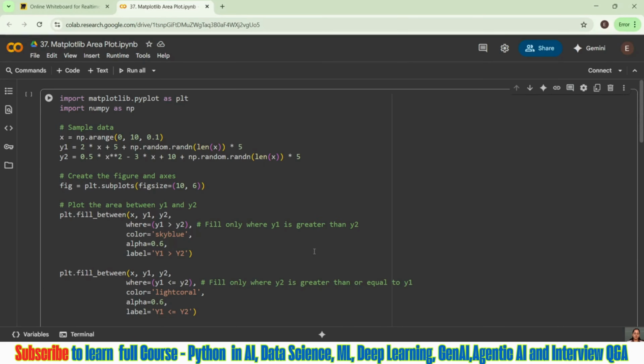Let us understand our Matplotlib area plot, guys. So again, this is a kind of plot. Area plot is a kind of plot of the Matplotlib library, and most of the times we don't have to use it. Most of the times we are using bar plot, line plot, count plot when you're coming to Seaborn, and we have box plot to find outliers.